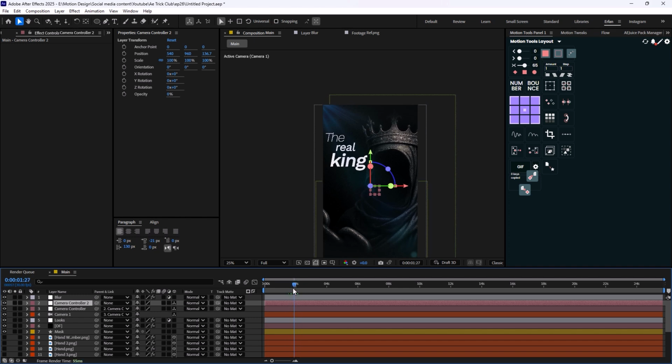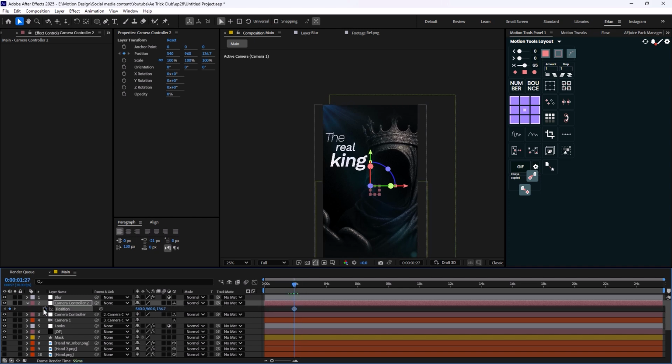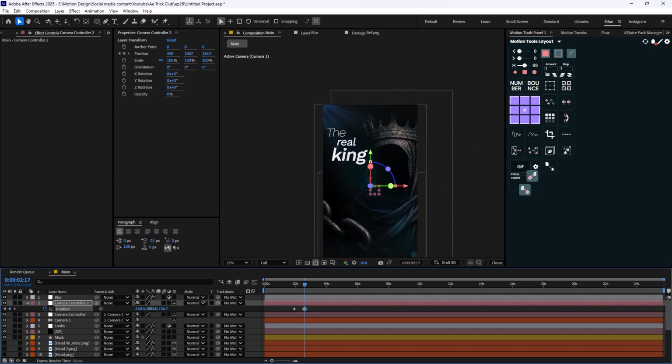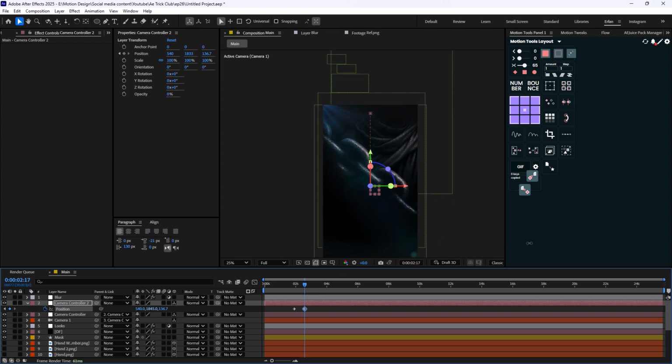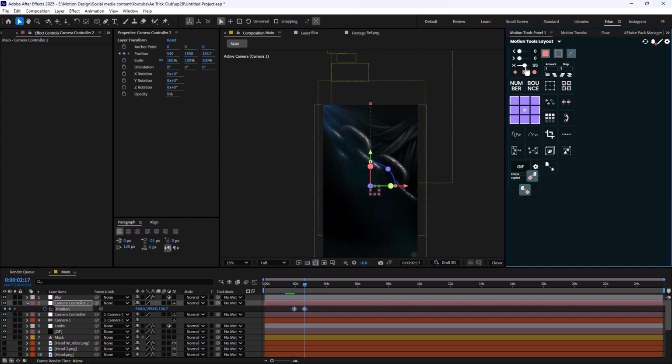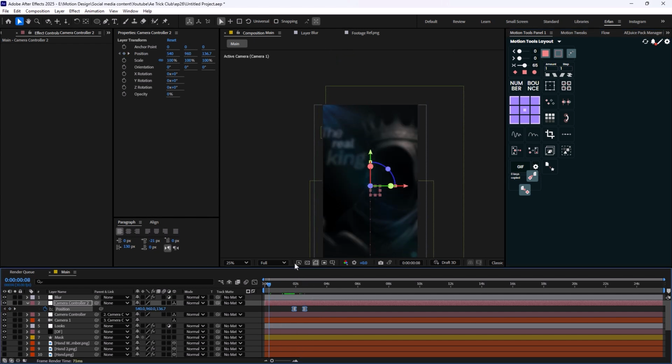And when it's in here, we're just gonna press P to reveal position. We're gonna go 20 frames forward, since I'm working on a 30 frames per second composition. It's about two thirds of a second, if you want to be exact. And then I'm just gonna push it up like this. Okay, about here should be good. Now let's just set it on 65% influence. So we will have a movement